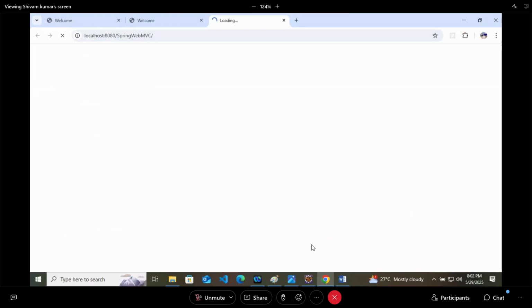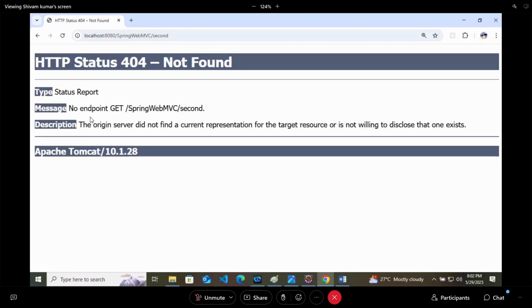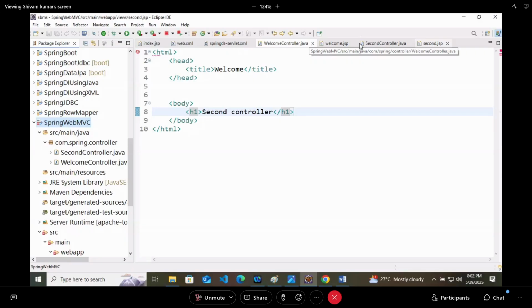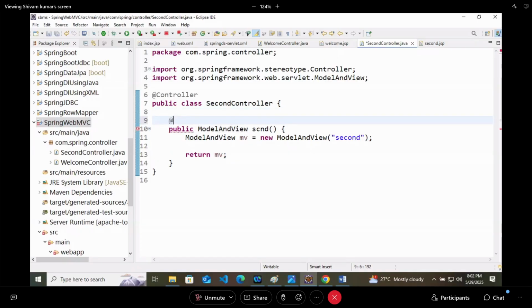So this is how our application is coming now. Check welcome message and check second controller anchor tag. I will click on this second controller. And here you are getting that no endpoint found, that there is no method or there is no GetMapping. So we will go to the second controller. Our method is not having @GetMapping. GetMapping of which request?